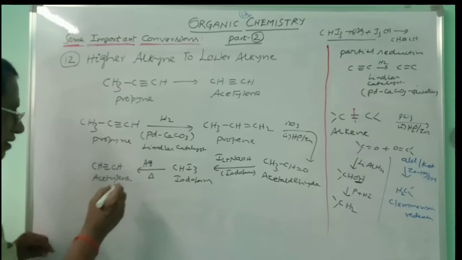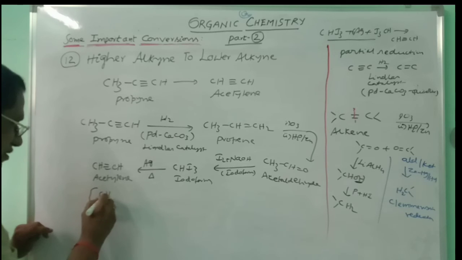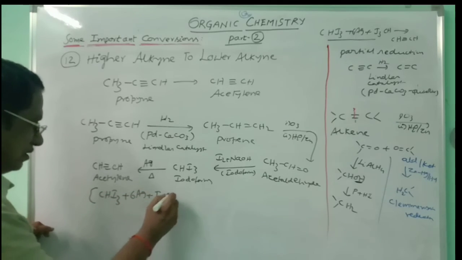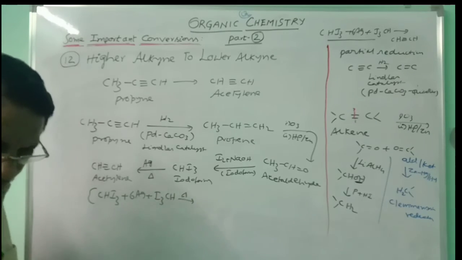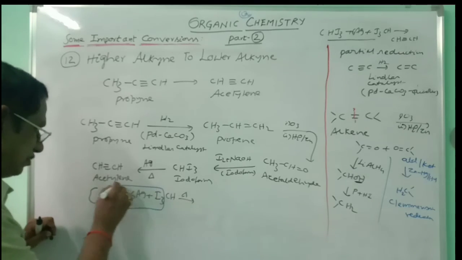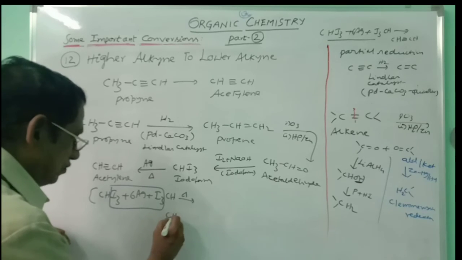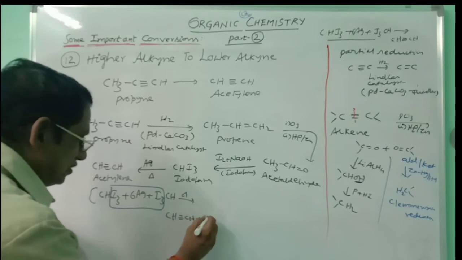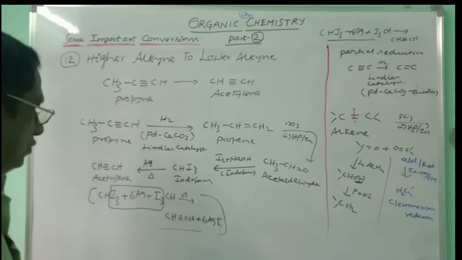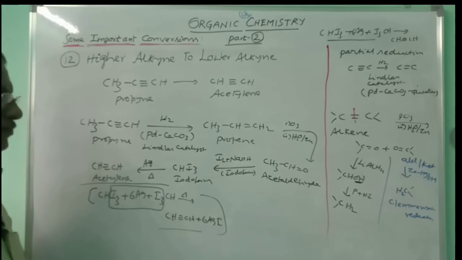Okay? In what way is this acetylene obtained? Just you can recollect. 2 CHI3 plus 6 Ag. Upon heating, 6 AgI will be separated and it will be converted into CH triple bond CH plus 6 AgI. This is the conversion. You need not write all this up; to the extent it is sufficient. This is for your understanding.